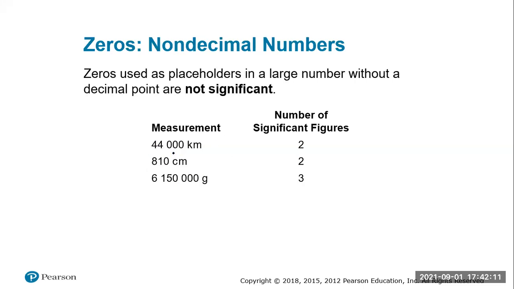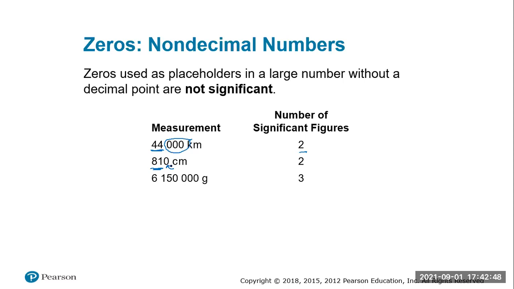Now, although we normally think that by default there's a decimal point written, in the case of significant figures, if there is not a decimal point actually written in the number, then you should not assume that it is there, because that would give you the wrong number of significant figures. So here again, we got the 4s, which are significant. All 3 of these zeros would not be significant because there's no decimal point, which is why we got 2 significant figures. Same thing here, starting to count at the 8, and the 1 is significant, 0 at the end,